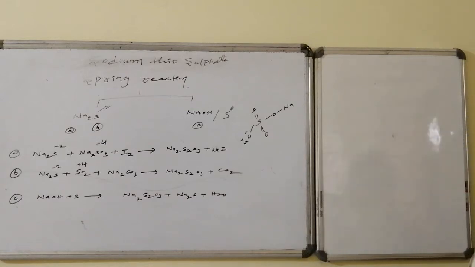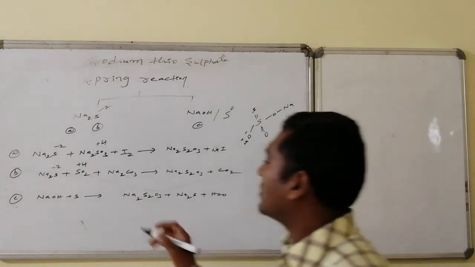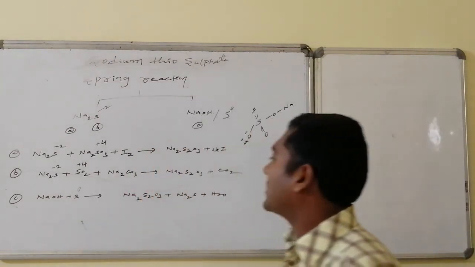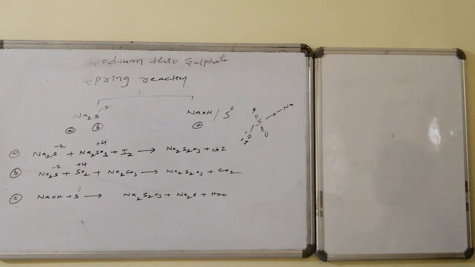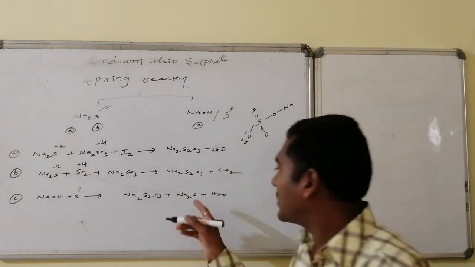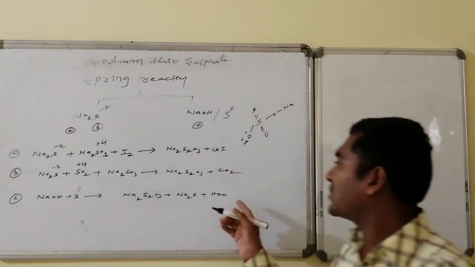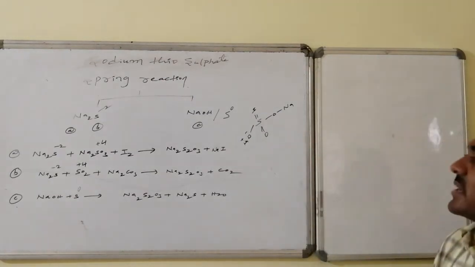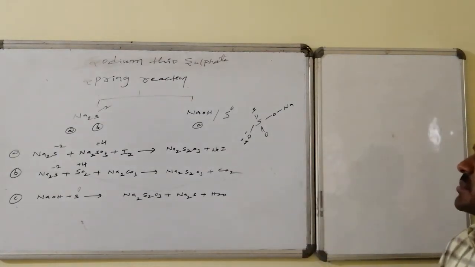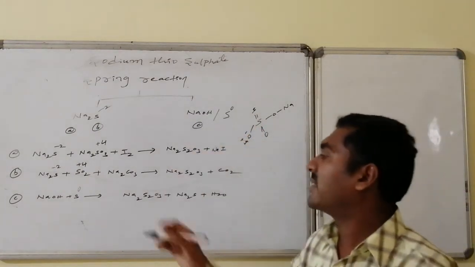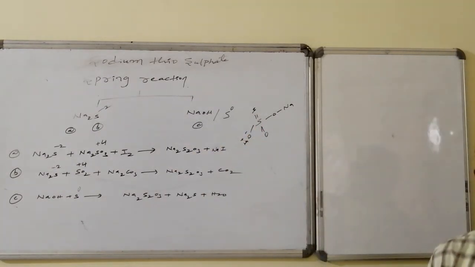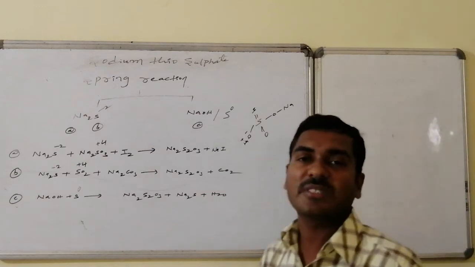leads to the formation of sodium thiosulfate, Na2S2O3, followed by carbon dioxide. The next one is sodium hydroxide reacting with sulfur with 0 oxidation state, and it is converted to an average of +2 oxidation state. In this process, some sulfur with -2 is also generated, that is sodium sulfide, and water formation occurs. Thus, the Spring reaction from sodium sulfide, and the Spring reaction from sulfur 0 with sodium hydroxide. In every case, the preparation of sodium thiosulfate is possible.